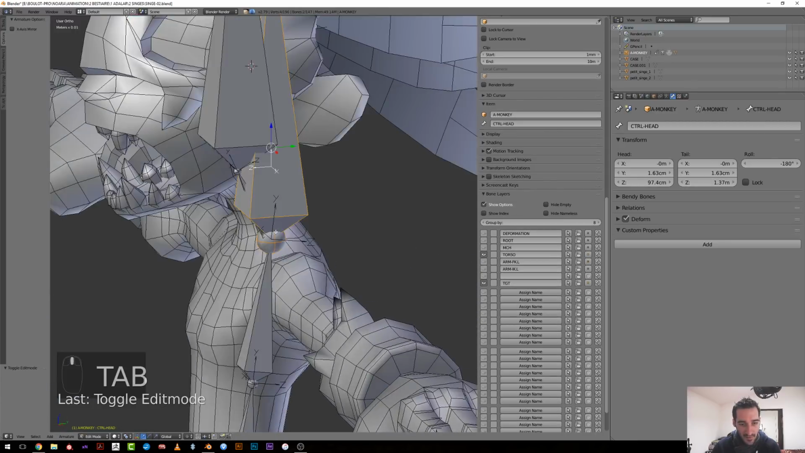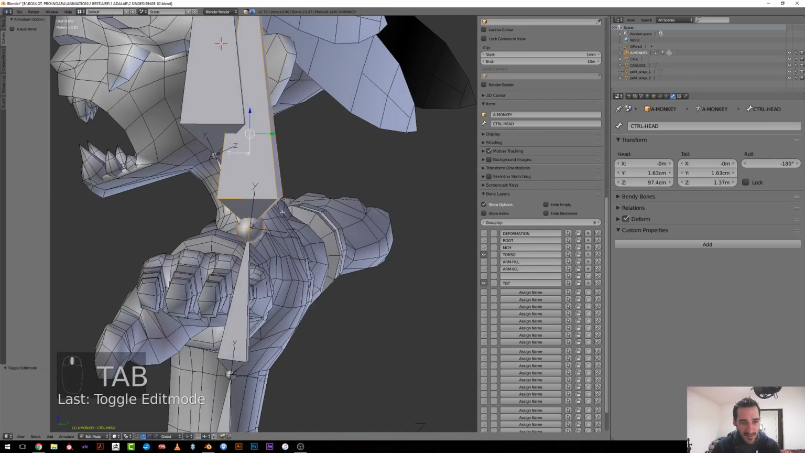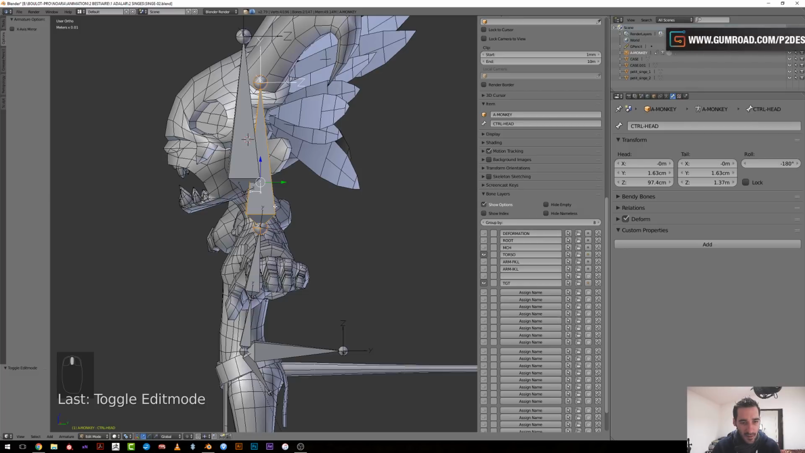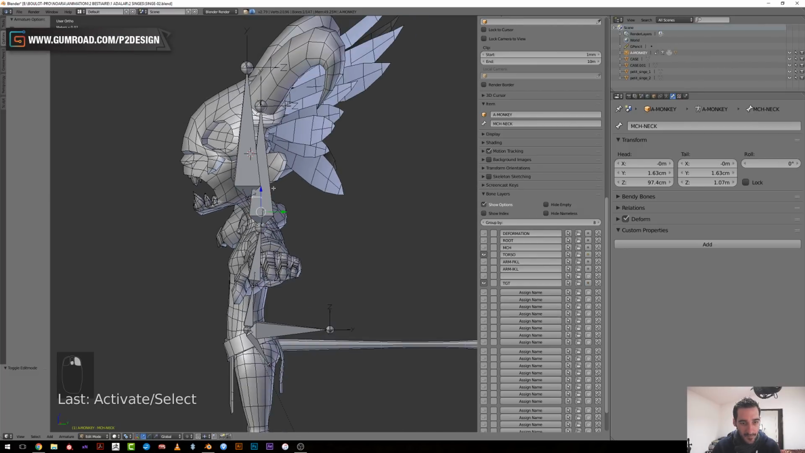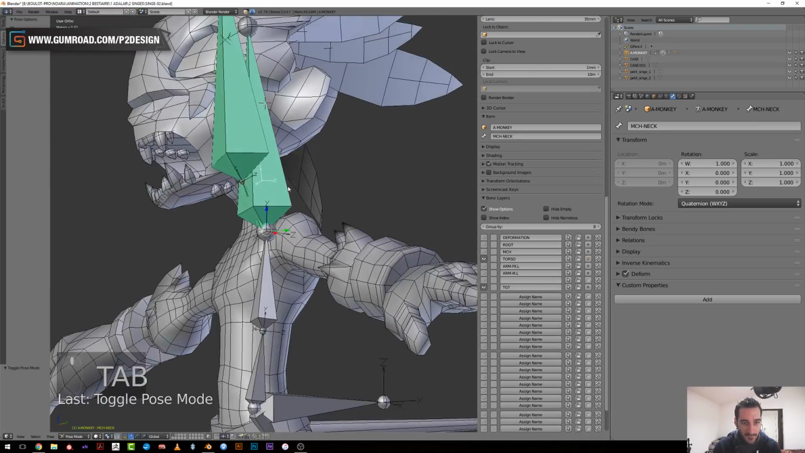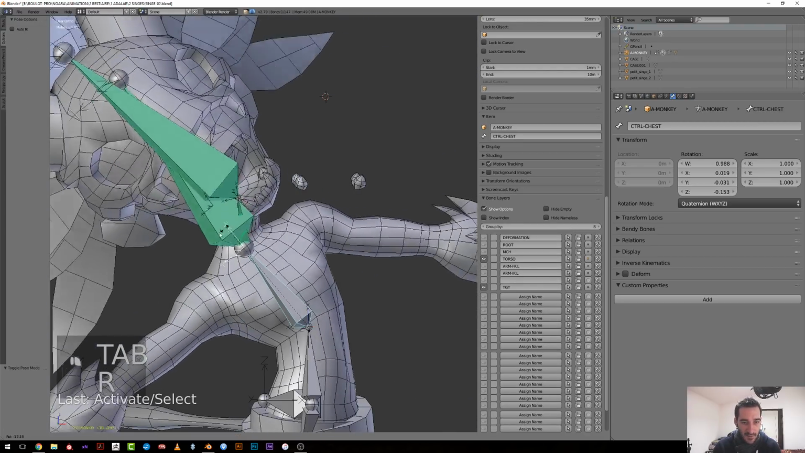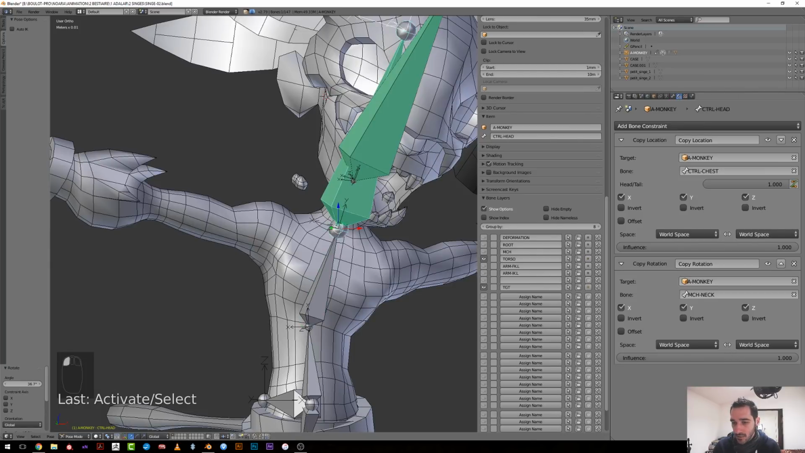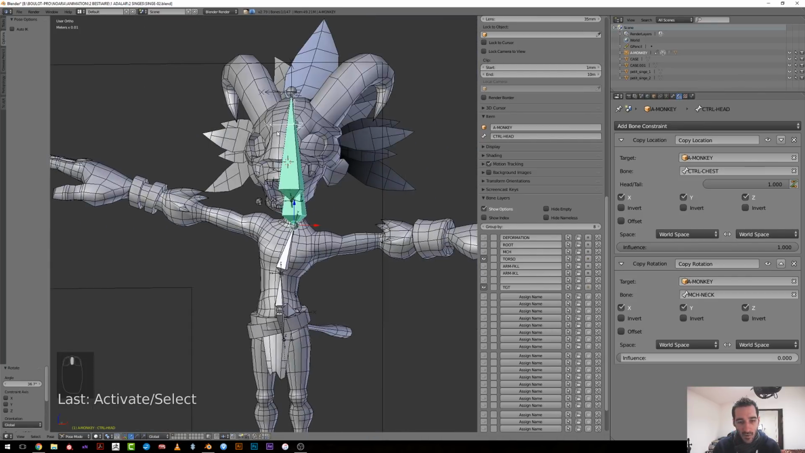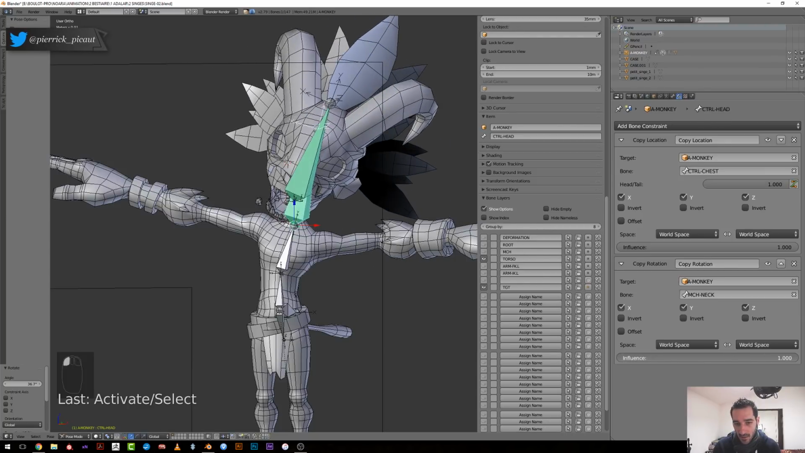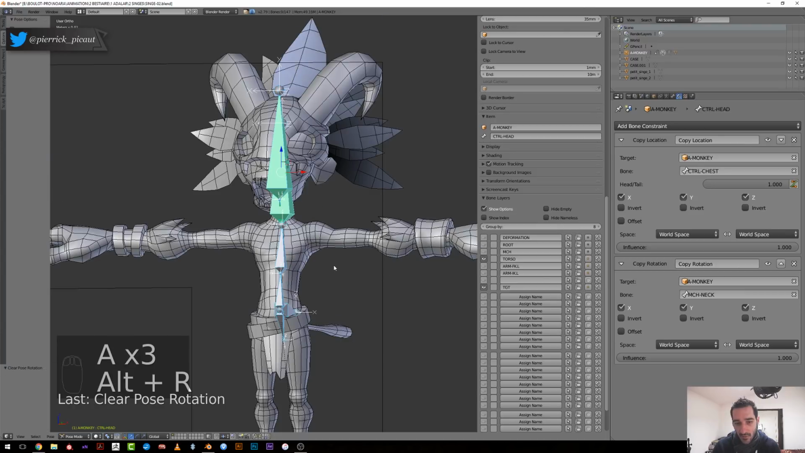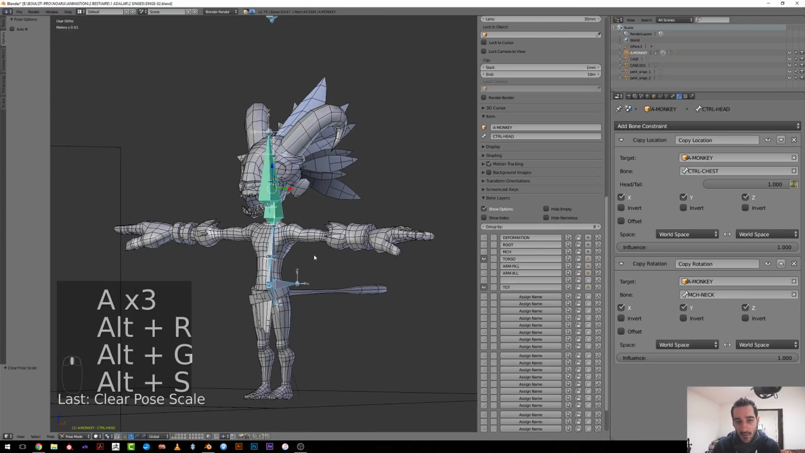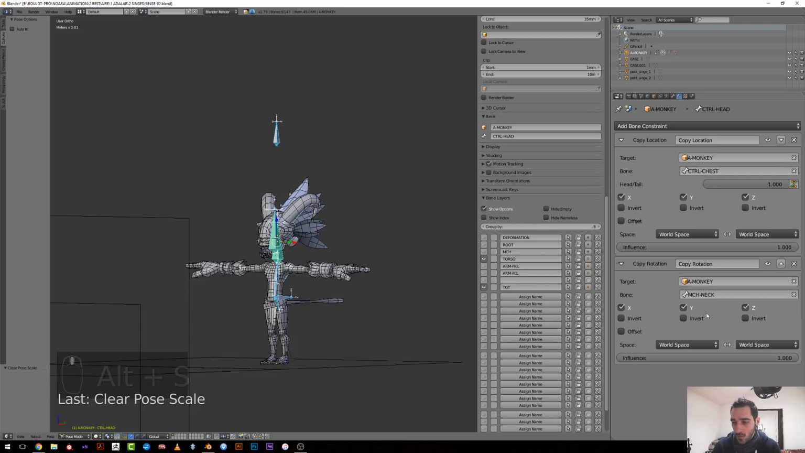Ooh, it's flipped again. That's weird. Yeah, it's flipped. Okay. Ctrl+R 180. Okay. You can see that the head is following. But if I dial down the copy rotation, the head is no longer following. So if I add a driver here and a custom property, I will be able to work on